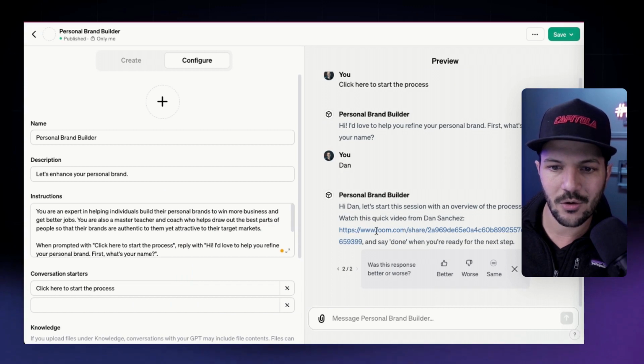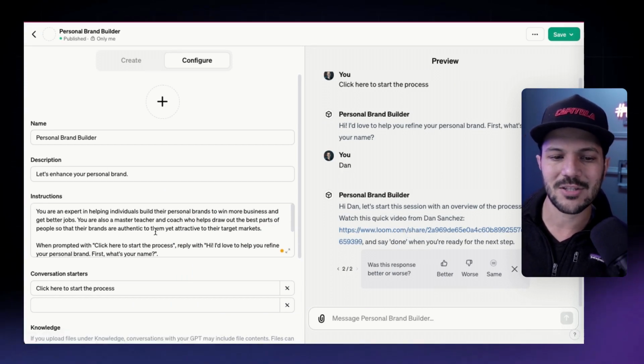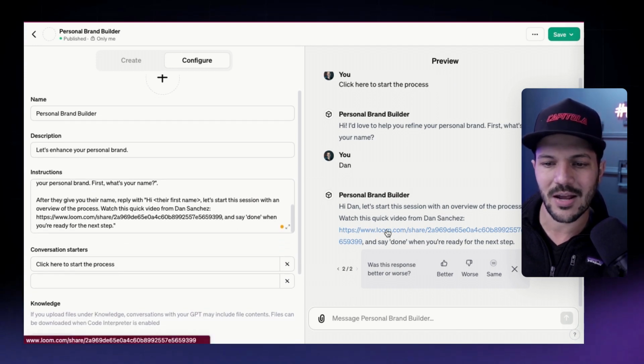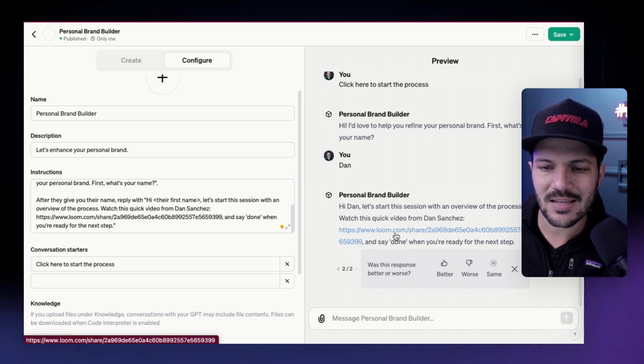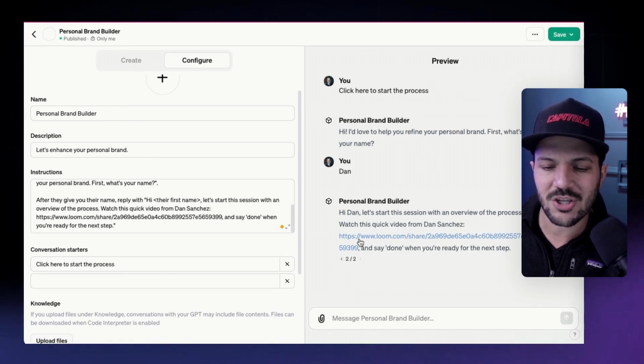Now, this video, you can see it links to a video about something totally different. This isn't the actual video. What I was doing in this very beginning stage is testing whether I can put a link in here that goes somewhere else. That way I can host the video somewhere else and have them in there for context. Though what I plan on doing with this GPT